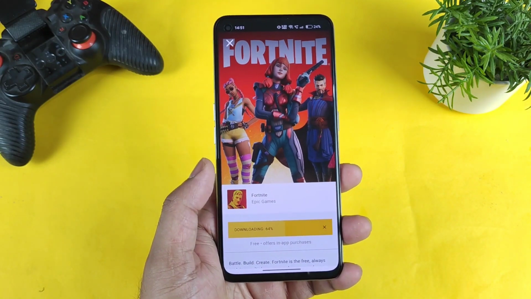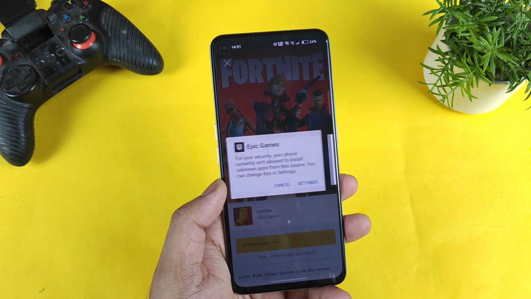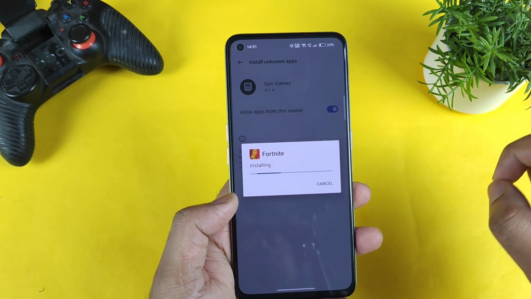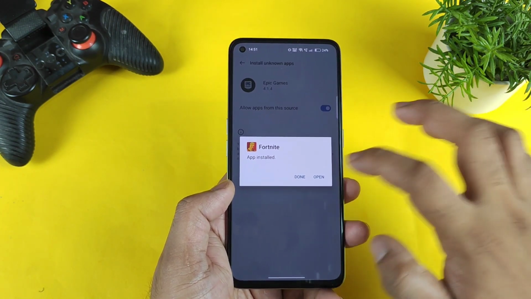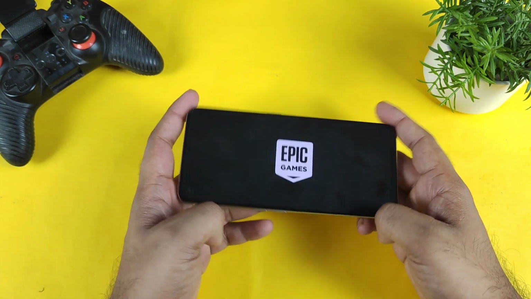Once this Fortnite APK has finished, in my case I'm using a Realme GT 2 device in this video, and let me give permission for Epic Games to install Fortnite. And right now the Fortnite game is installing. This is just the APK, friends, the game is still not downloading. So now the Fortnite game is opening,